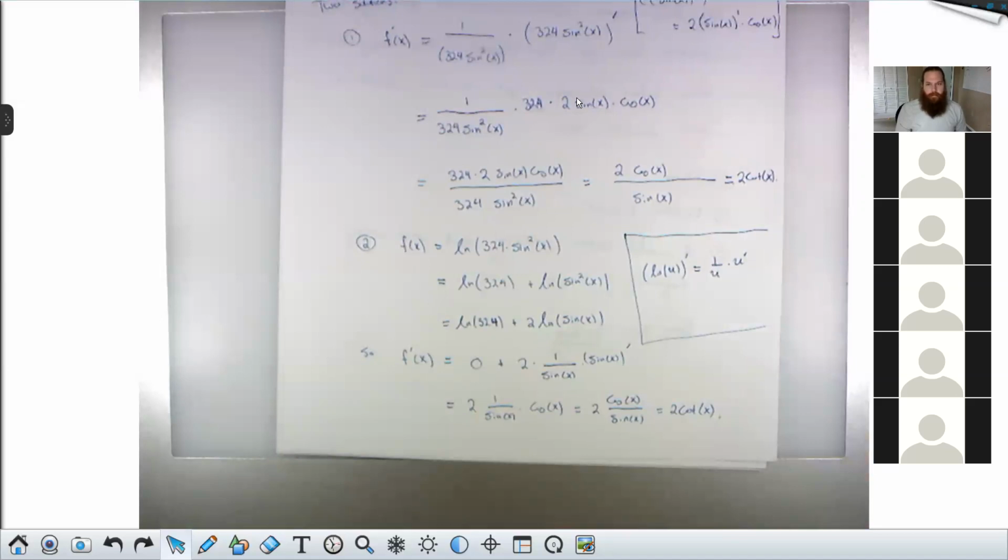How did you get from the ln of 324 to 0 below it? The ln of 324 is a constant. Oh, I see. It's just a number. So this piece differentiates to 0 because it is an additive constant. It's a constant term floating around all on its own. Gotcha. I didn't see the derivative symbol there. Oh, yeah, no, you're good. There is no derivative symbol here, just here. f of x is this, and therefore f primed is this.